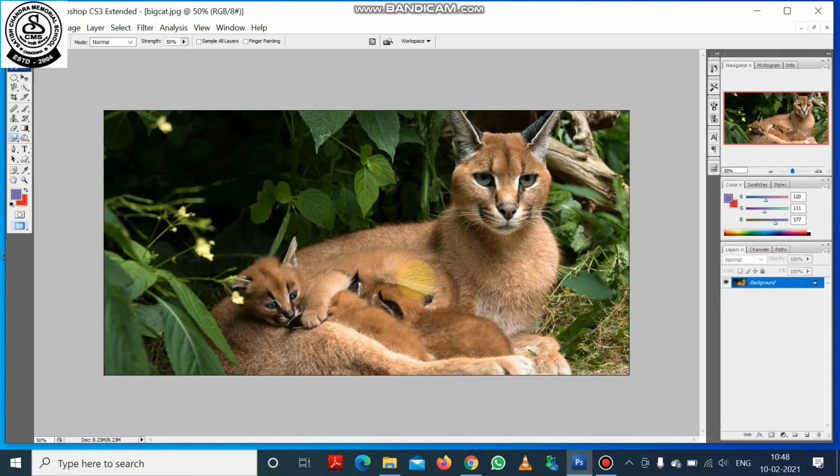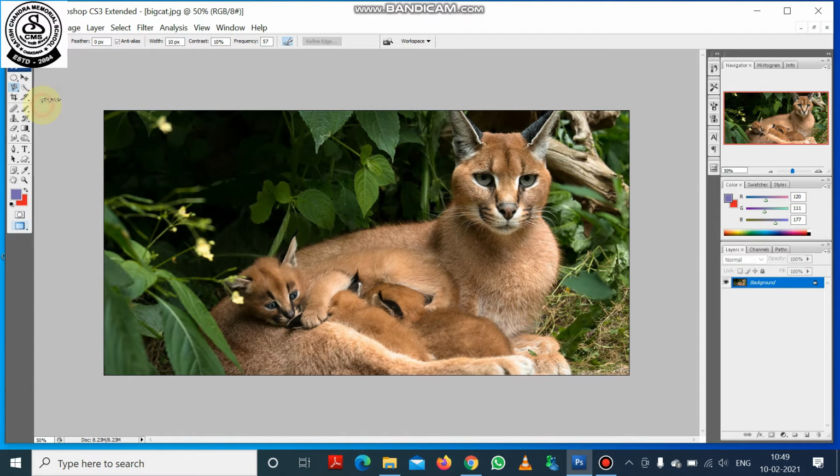Student, you know this middle portion of Photoshop is called the document window. So now this document window has come. I call it the working area. So in the working area or document window, I have brought a JPEG file, a picture. Now I want to show you first of all the lasso tool. I want to show you the magnetic lasso tool.